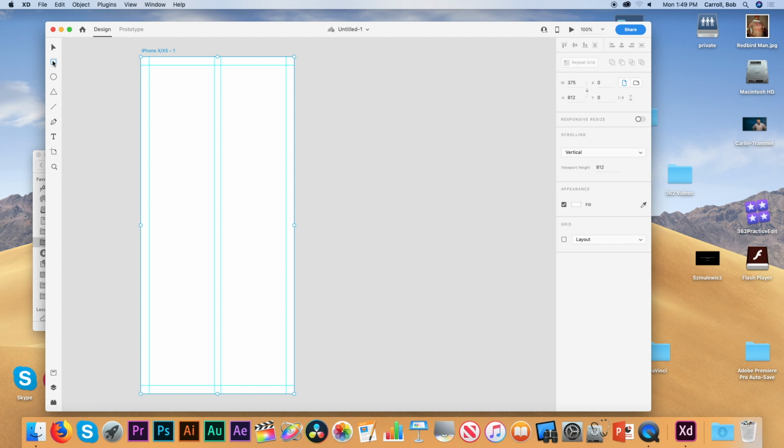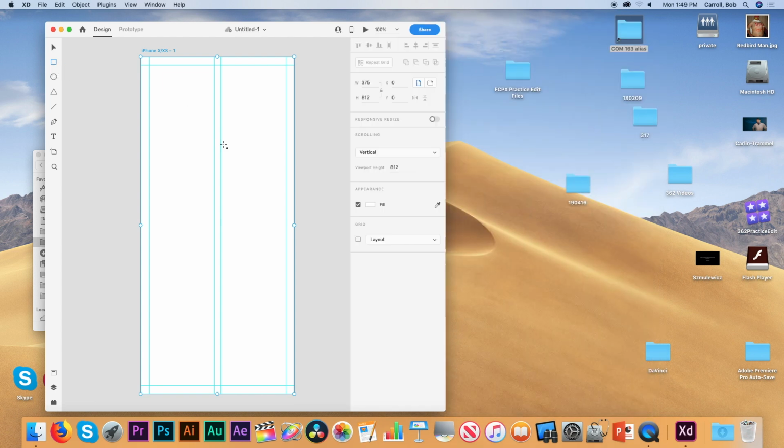And the project that we're going to make here is an app for the TV10 faculty. So I want to have a header at the top, and I want to put a TV10 logo and a text that says TV10, and then I'm going to have 6 different faculty staff photos to put in there. So start with the rectangle tool and